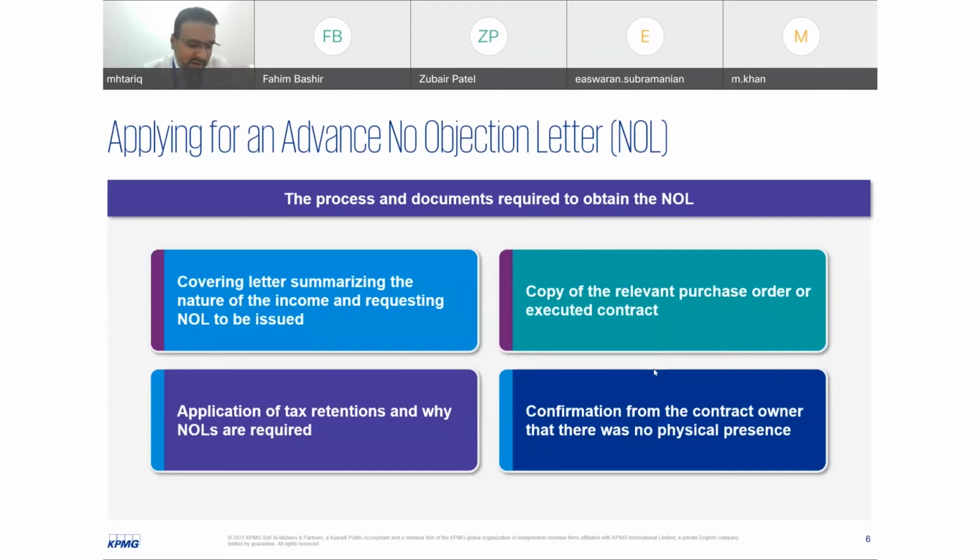I think it's important to highlight here that if a company is not submitting tax returns, for example, you have a tax inspection which has not started for the year, say 2017-18, but you have not fulfilled the compliance requirement and you have not submitted a tax return for 2019 or 2020, then, as you are not compliant with the laws, you are not eligible to submit a bank guarantee.